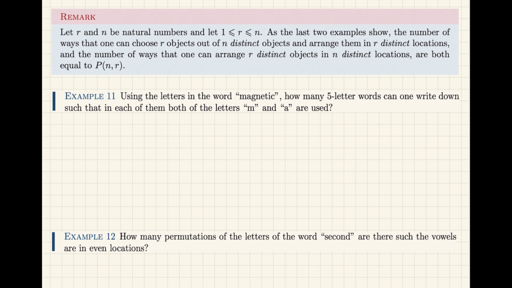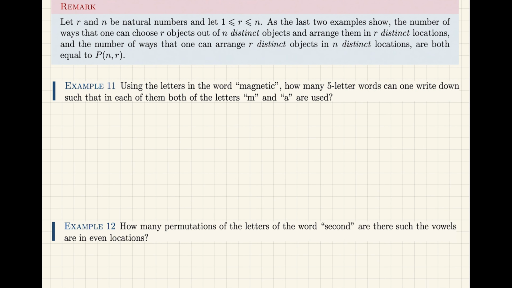So let us solve more interesting problems now. All these problems that I'm mentioning here, you can in principle start solving from scratch using the product rule. But I want you to start using this new notion of r-permutations as much as you can. Okay, so let us start solving these problems. Using the letters in the word magnetic, how many 5-letter words can one write down such that in each of them both of the letters M and N are used? Okay, so